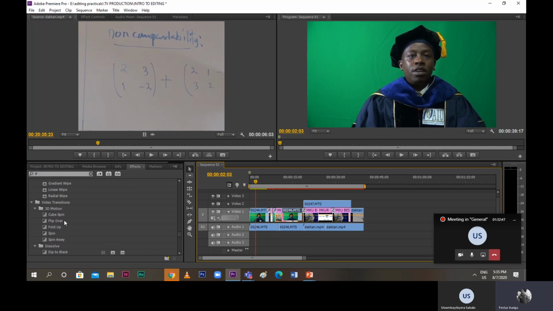So you select the effect you want. If you play with this effect, you'll see the different types of effect that you can use. If it is blurring, let's say you want to blur something, you just come and select the video that you want to blur. Let's assume I want to blur. So let me select a part. I don't want to select a big part of it. So I select like there. So that part, I want to blur that. So I may come and say mask. So once you press mask,